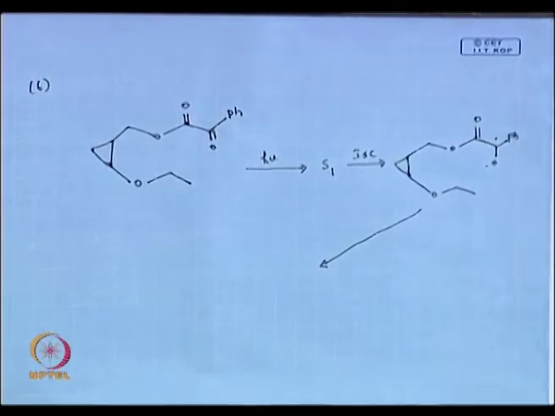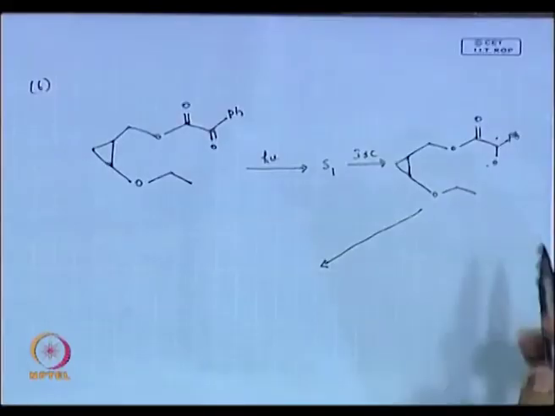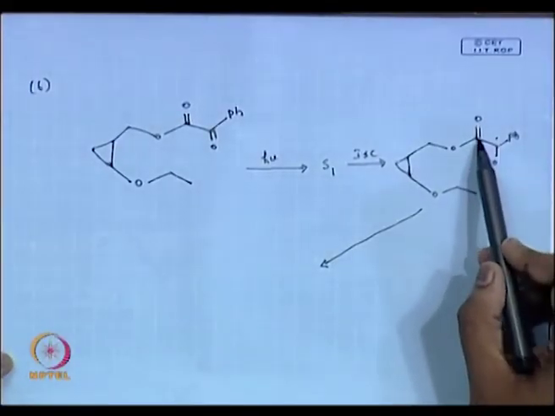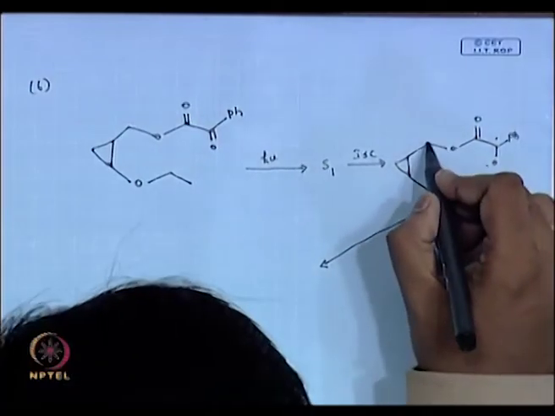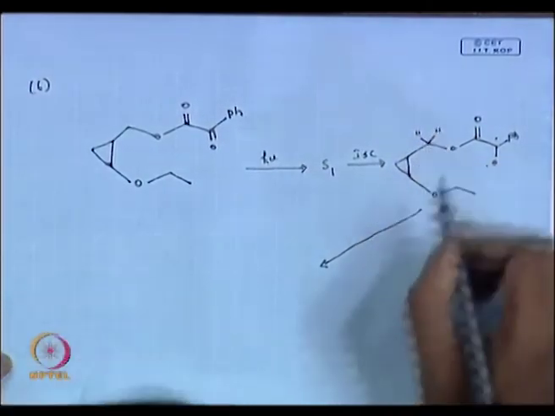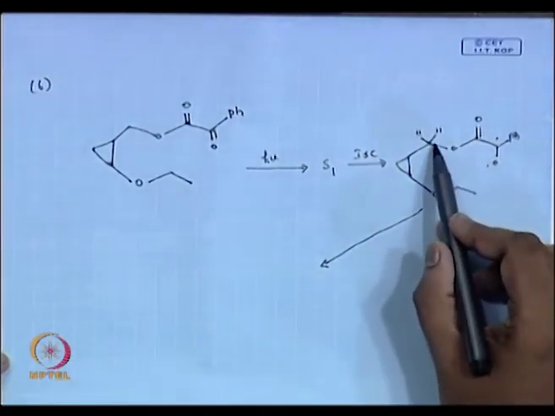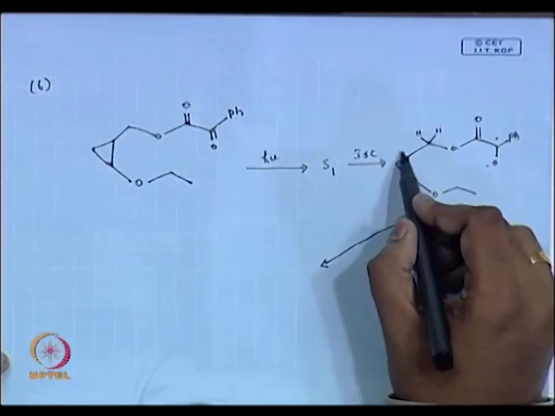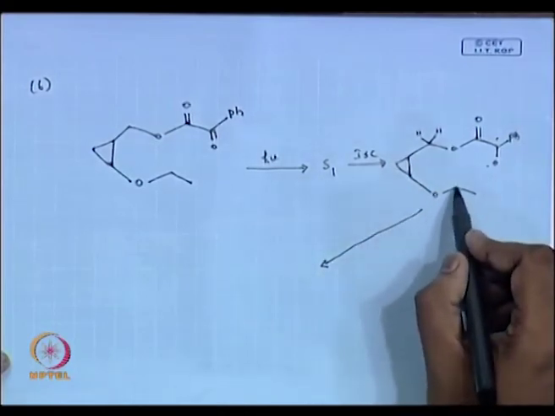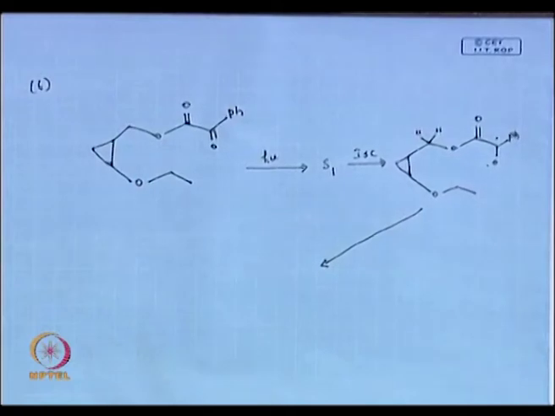So, where are you thinking that this can abstract a hydrogen? One, two, three, 4, 5. I have a hydrogen here in the 5th position, which is the gamma: alpha, beta, gamma. I have a hydrogen there. Then I have a hydrogen here. In this case, then hydrogens here. So, which do you prefer to abstract? You want to abstract a gamma hydrogen?